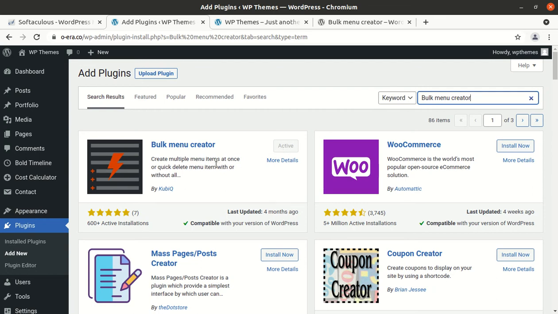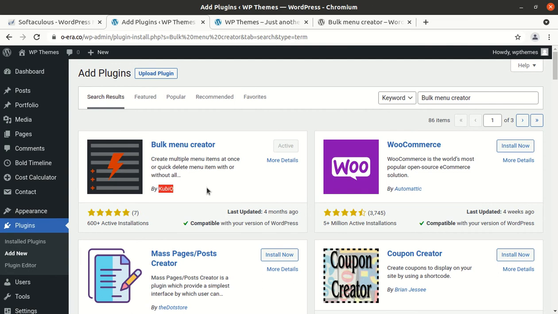You have to install and activate the plugin. This plugin, Bulk Menu Creator, has been developed by QuebeQ, and they actually make wonderful plugins for menu solutions. In fact, I have seen one or two of their earlier developments as well that work very fine.